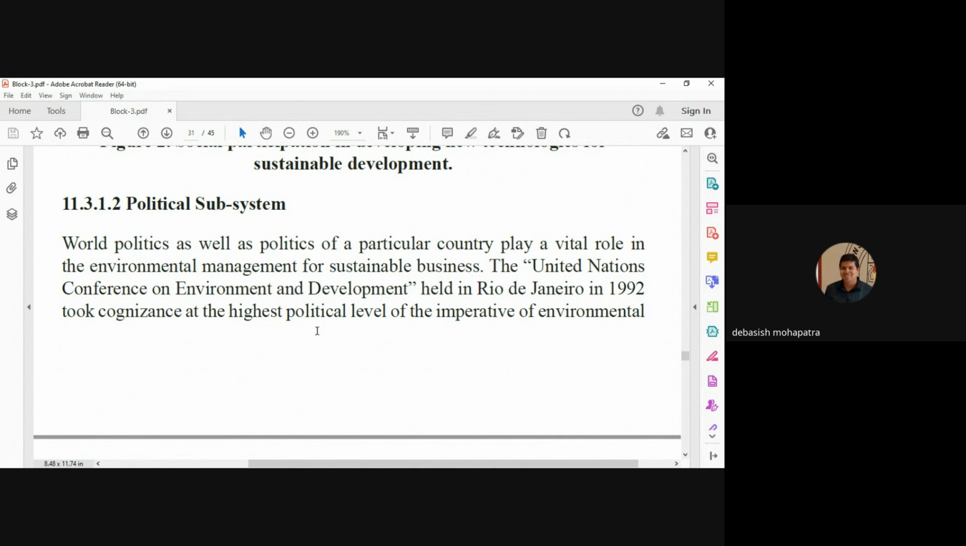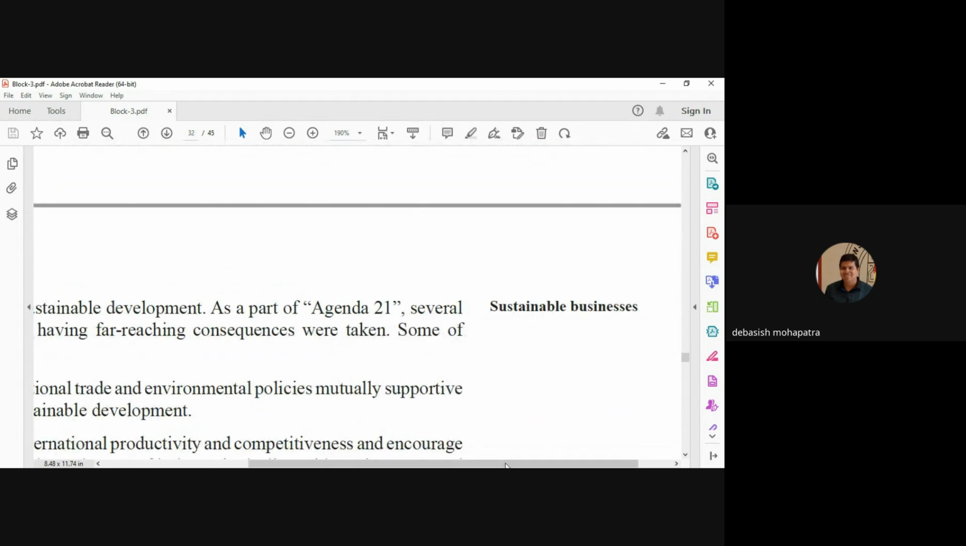Political subsystems, world politics as well as politics of the particular country play a vital role in the environmental management of sustainable business. The United Nations Conference on Environment and Development held in Rio in 1992 recognized, at the highest political level, the imperative of environmental